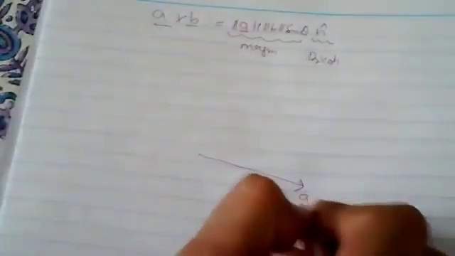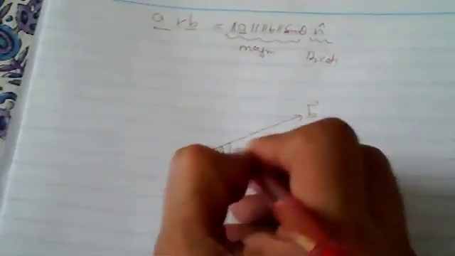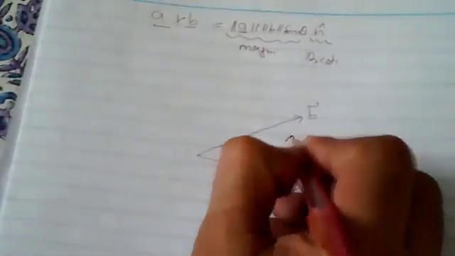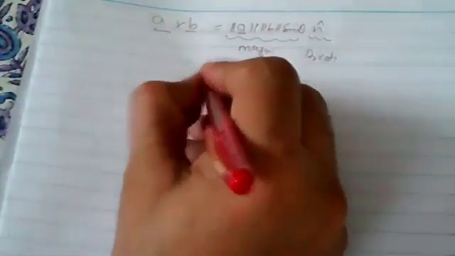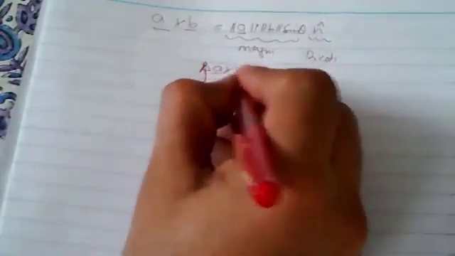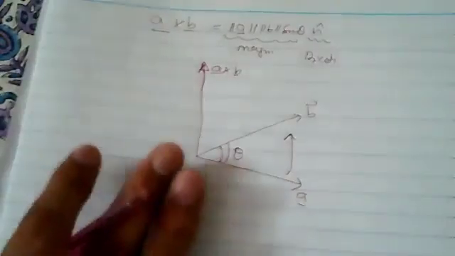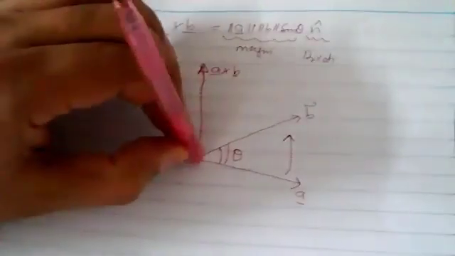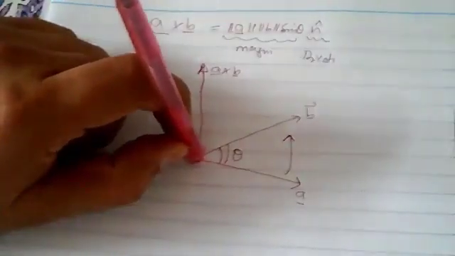So if this is your vector A, this is your vector B, and theta is the angle between A and B. If we rotate in the anti-clockwise direction, then the resultant A cross B will be upward. It is normal to the plane. Suppose A and B lie on this page, then n hat will be like this. This is a normal vector perpendicular to both A and B. It is perpendicular to the plane containing A and B.